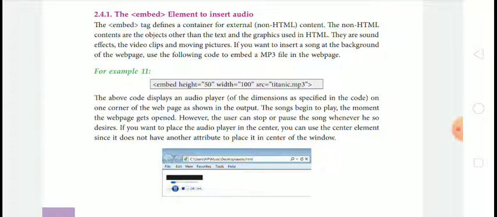However, the user can stop or pause the song whenever he so desires. If you want to place the audio player in the center, you can use the center element, since it does not have another attribute to place it in the center of the window.